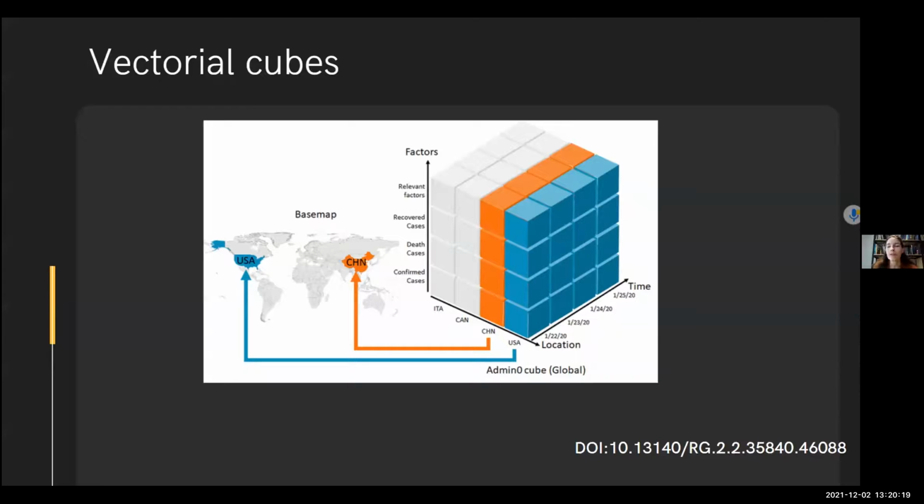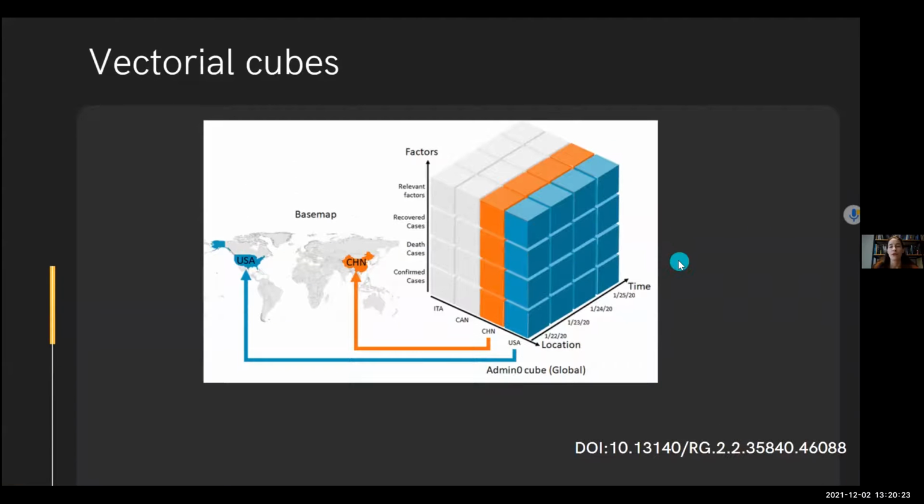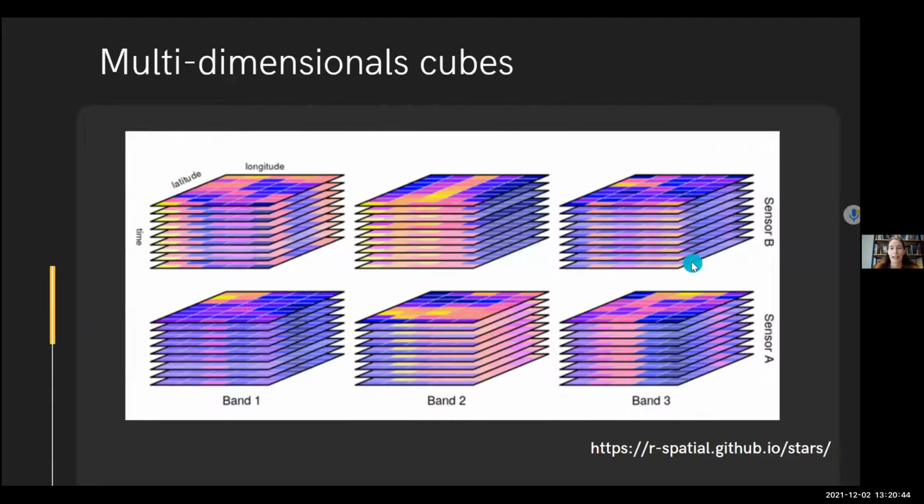Or I lose, or I record, or I forgot the geographic information. So here I have space, time, and my variables defined in an explicit way. And when the constraints of geographic information and the constraints of coordinates and the constraints of time.